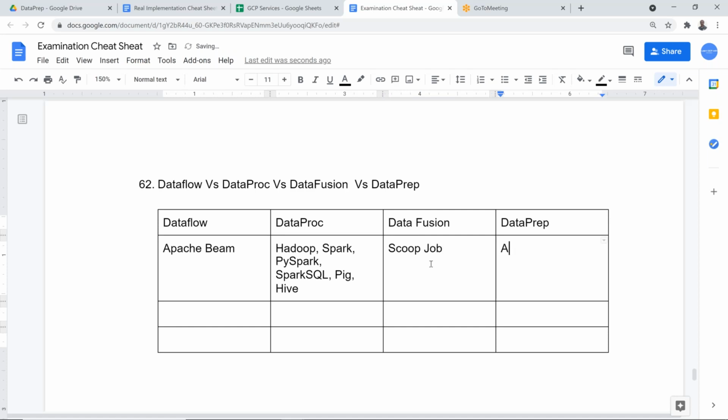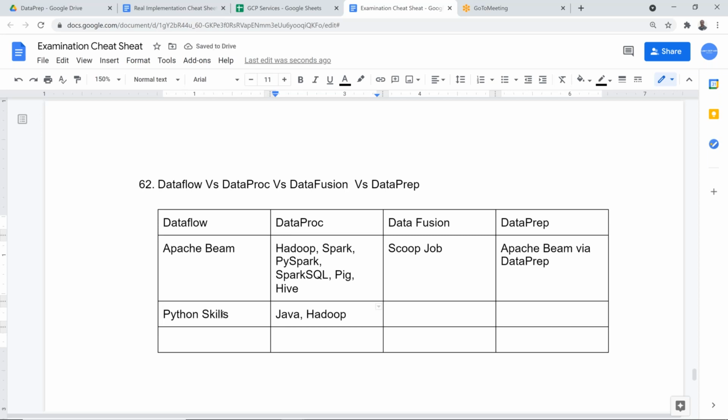Here it's going to be again an Apache Beam pipeline only via user interface, via the Data Prep user interface. So that's one thing. So this one, what I would say, basically requires Python skills. This one, Java or Hadoop